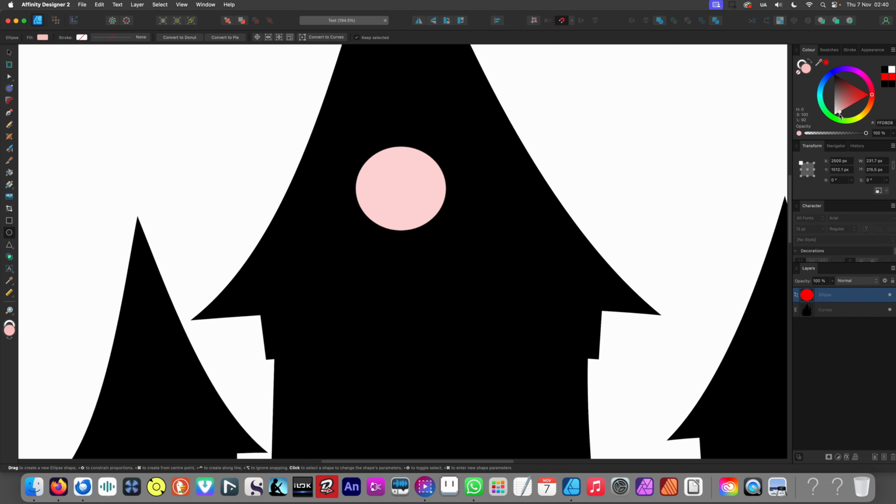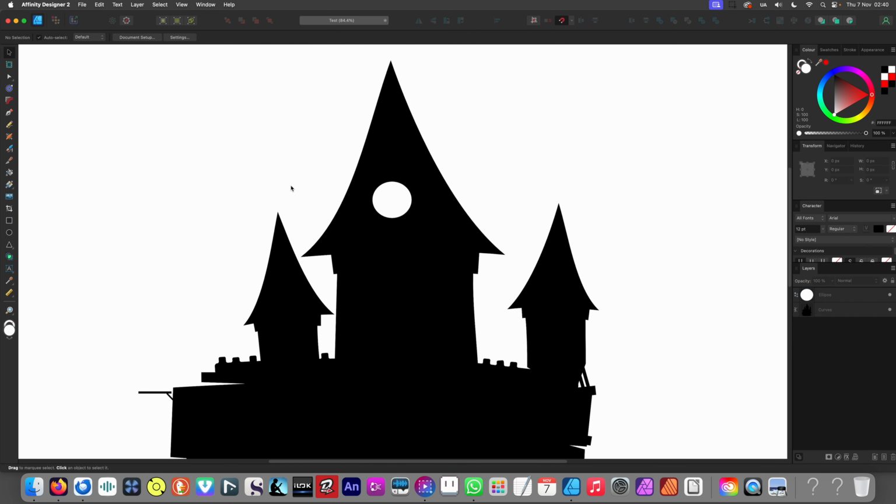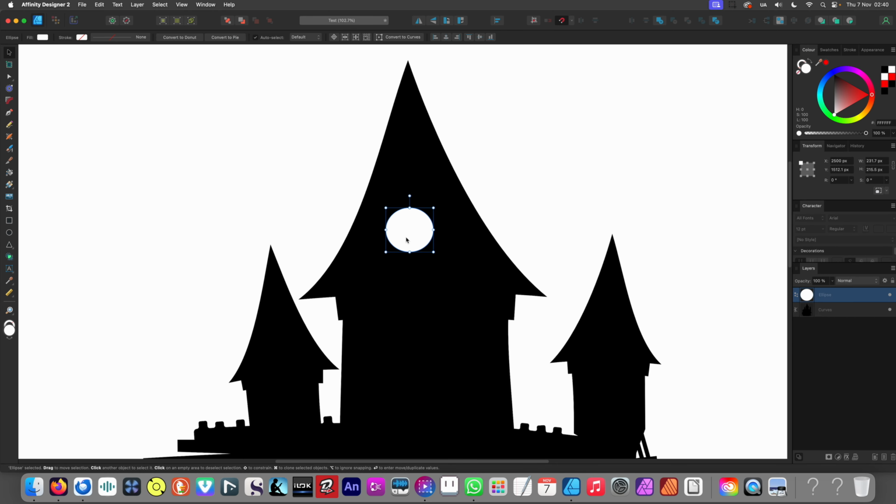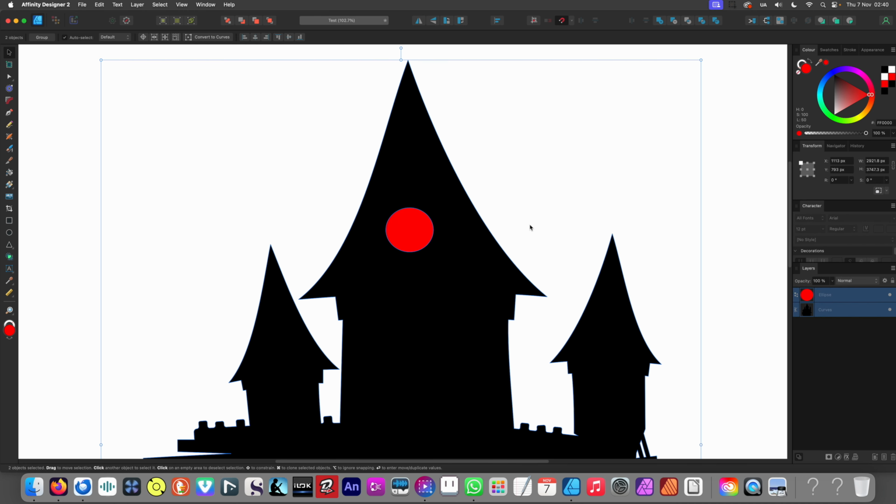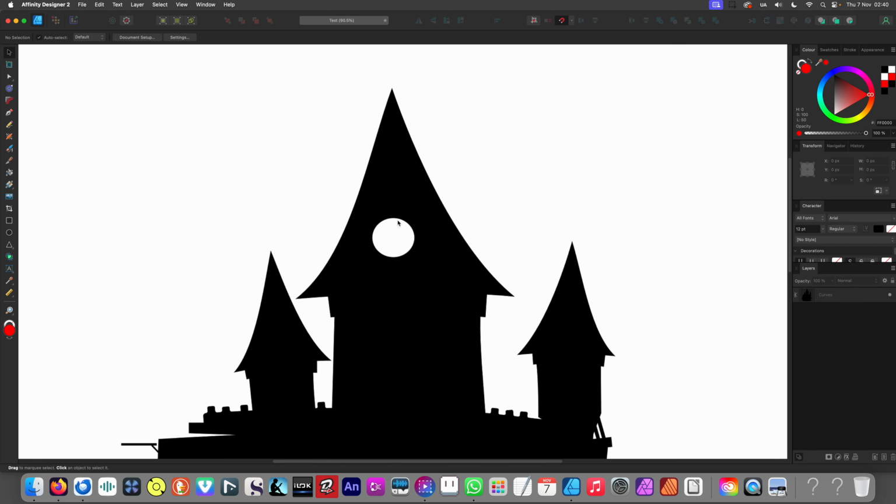I'm going to make it white, and I'm going to actually keep it red so you can see it. I'm going to take these, select the two objects, aka the full building and our little red ball, and I'm going to Boolean it out so it disappears. And it's not 100% centered or anything,